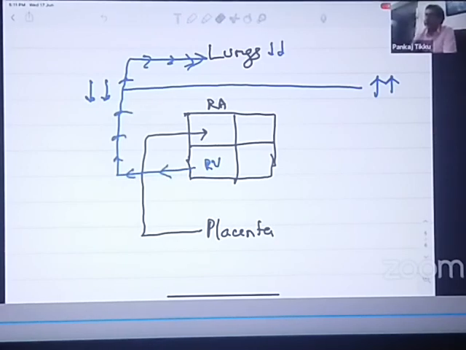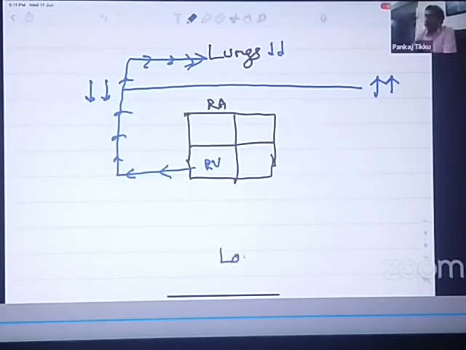Moreover, the placenta has now been removed. So whatever blood was coming from the lower half of the body and was entering into the inferior vena cava is now going directly